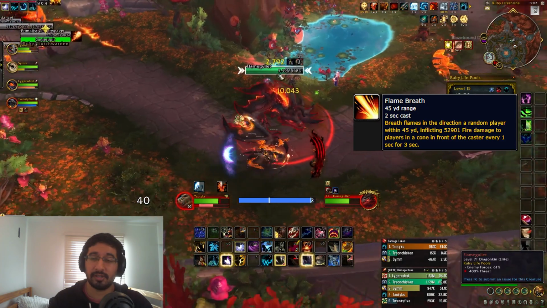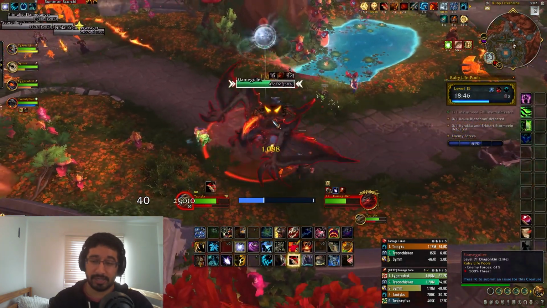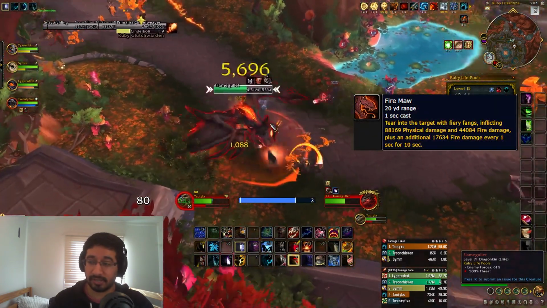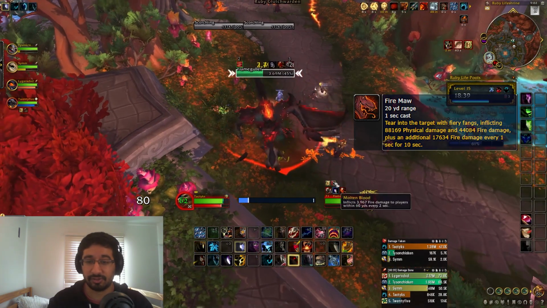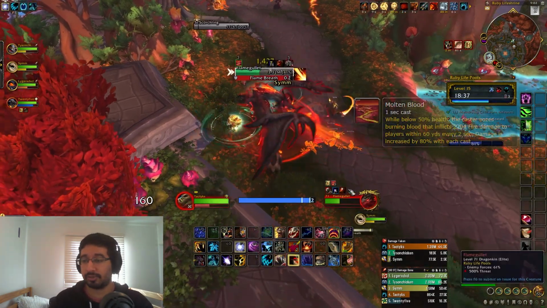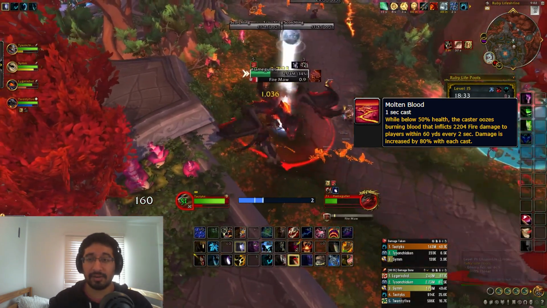Again, random target, channeled frontal, does not follow the target, so you can avoid it. He also has a tank hit. This is Fire Maul. This is a physical and fire mixed. Instead of a knockback though, this has a fire dot attached to it. And then his special ability is Molten Blood, which causes him to do increasing pulsing party damage every 2 seconds